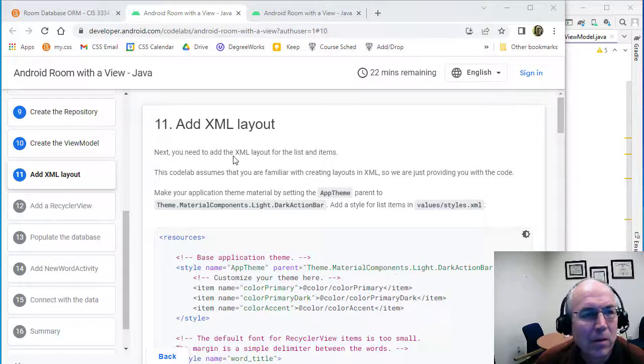All right, we're continuing on the next part of the Room with a View tutorial and walkthrough. Here we're walking through the code lab from Google called Android Room with a View. So now we've gone through down to step 11, and now we're going to start doing the user interface